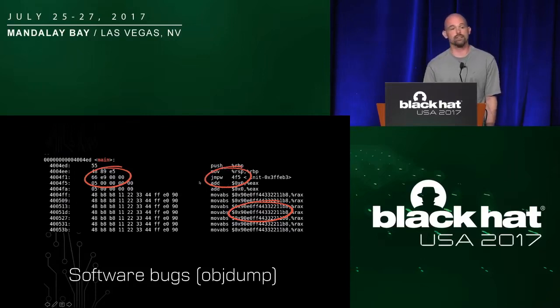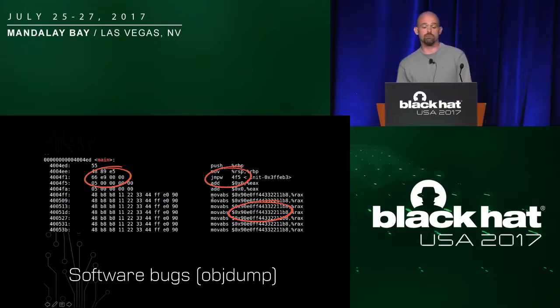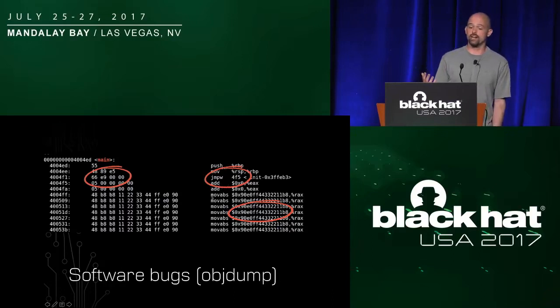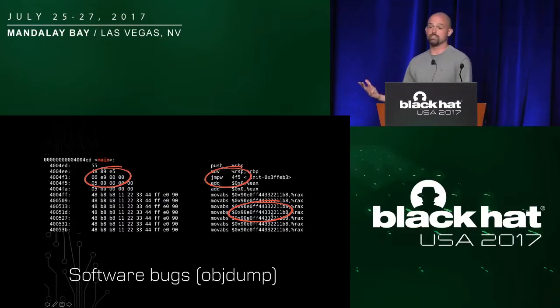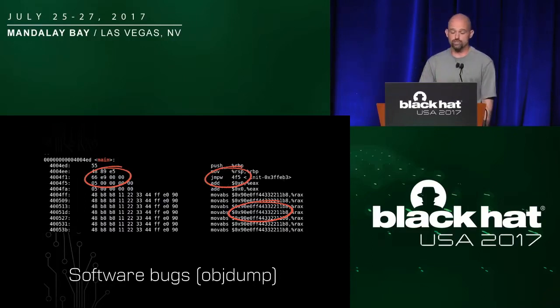So even though Objdump and GDB in this situation will see a jump instruction followed by an add, followed by an add, followed by a move abs, those are not the real instructions that are there. What's really going to happen here is this is going to be a 32-bit operand that's going to jump into the middle of one of these move abs instructions and execute a malicious instruction embedded in this immediate value.